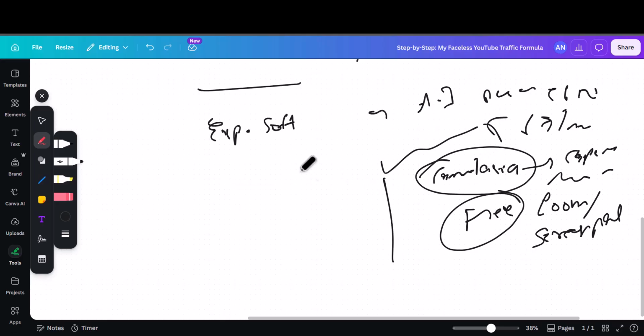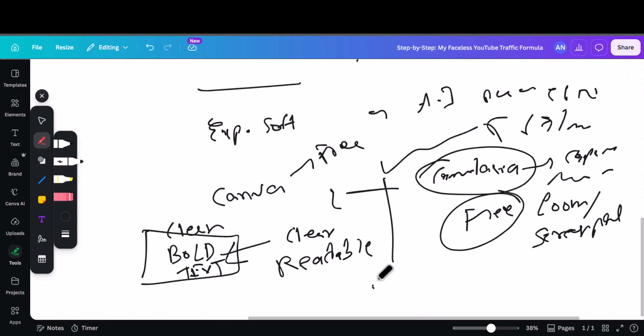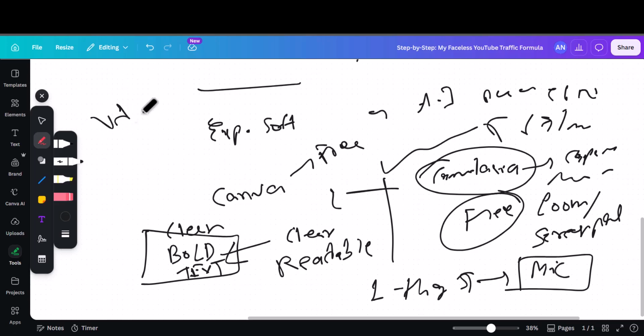And once you create your video, all you need is a thumbnail creation software, that is Canva, which is also free. When you create a thumbnail, use a clean background, right? White, yellow, blue, whatever color you're using, and have a bold text that clearly conveys what the video is about. That's all. The goal is not to look like any Hollywood graphic designer. Your goal is to be clear and readable. Only one thing that you need to spend money on, and that is a good mic. Sound quality is everything. If your video quality is bad, that's fine, but your audio quality needs to be good, right?